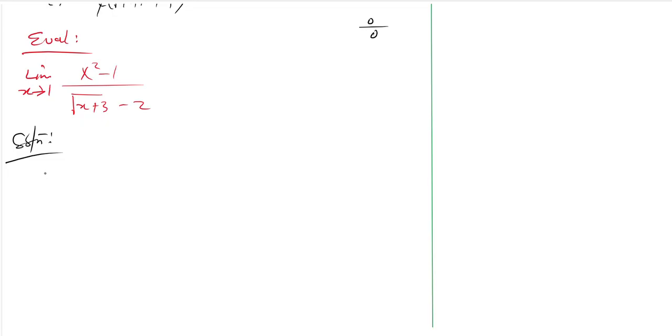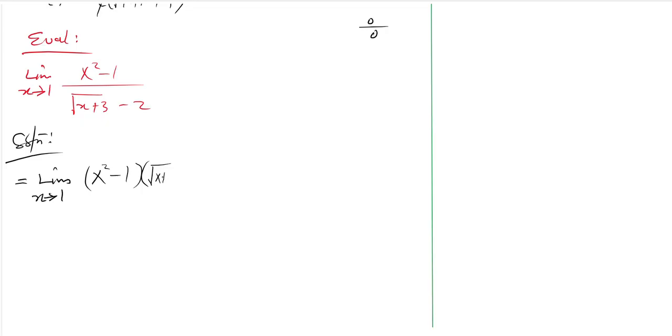Let's use the conjugate of the denominator. We see that the denominator is in binomial form, so we can have the limit as x approaches 1 of x squared minus 1 multiply the conjugate of the denominator, which is root